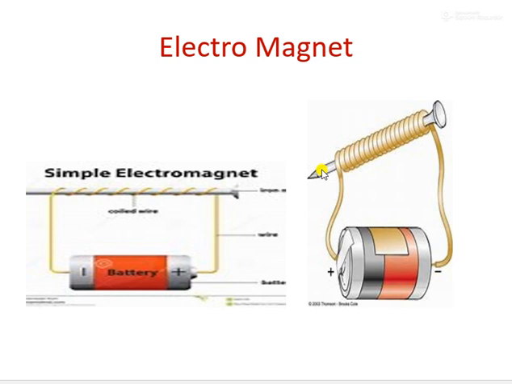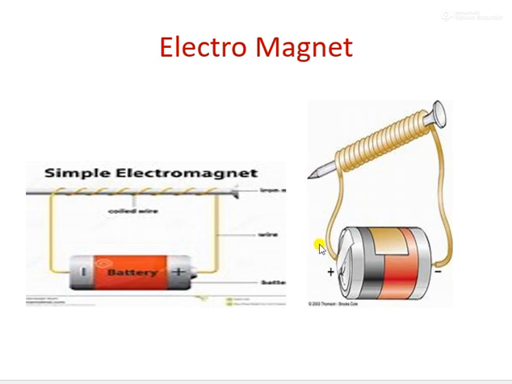Now again, why does this happen? When the electric current flows, magnetism is produced in the coil around the screw, and because of this the screw gets magnetism, and as it gets magnetism, the iron nails are attached to the iron rod. But suppose I remove the current, what will happen? The magnetism will go off and the pins will come down.